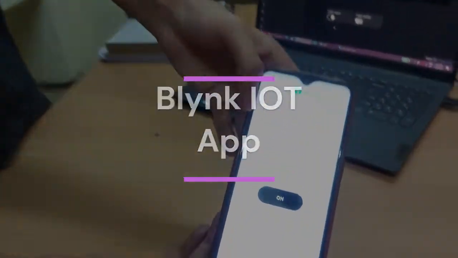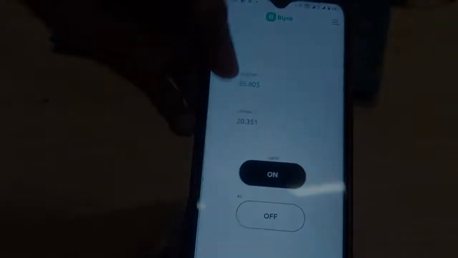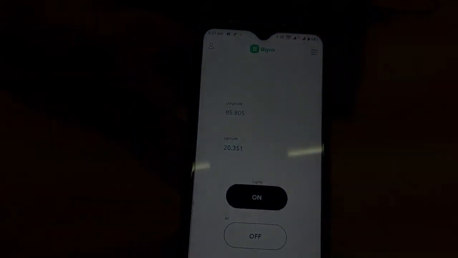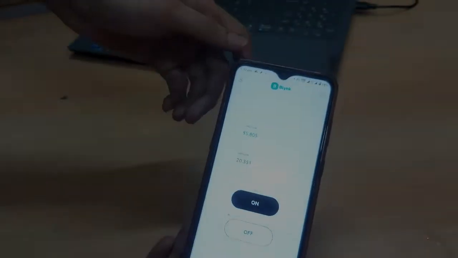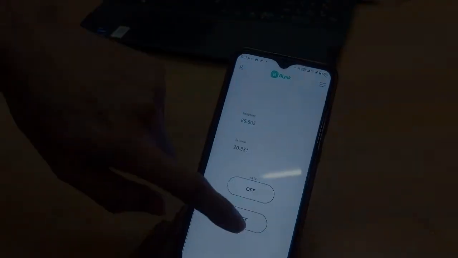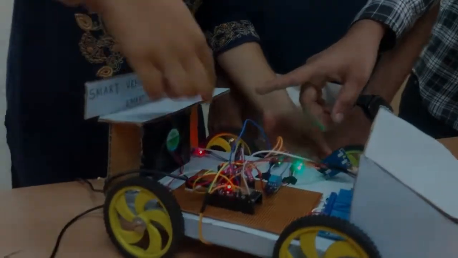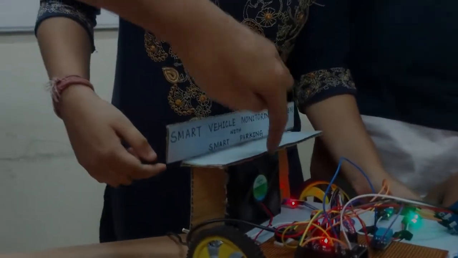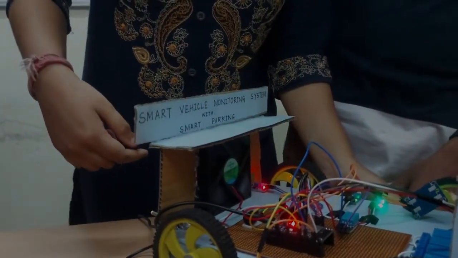As you can see, this is the longitude and the latitude, and it is detecting the data in real time, and we can control the lights and the fan. Now you can see this fan will turn on. The fan is now turning, it is on now, and similarly the light can also be shown.